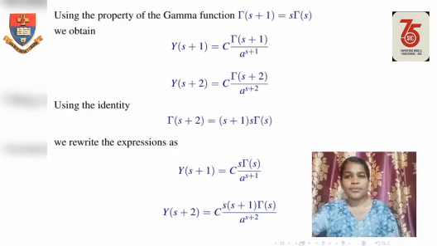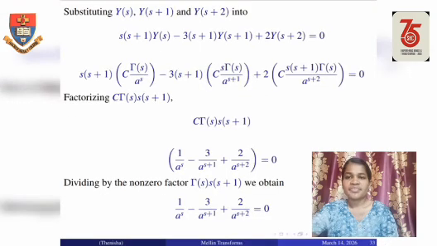Using the identity Γ(s+2) = (s+1)sΓ(s), we rewrite the expressions as Y(s+1) = c s Γ(s)/a^(s+1) and Y(s+2) = c s(s+1) Γ(s)/a^(s+2). Substituting Y(s+1) and Y(s+2) into s(s+1) Y(s) - 3(s+1) Y(s+1) + 2Y(s+2) = 0,